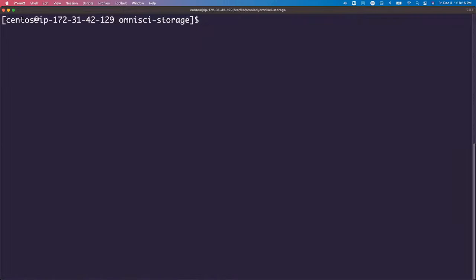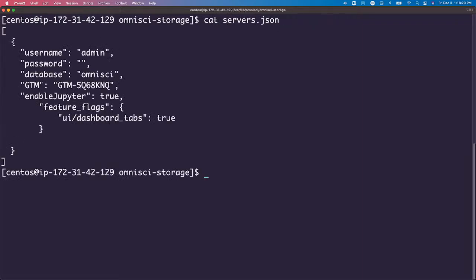So let's go ahead. That was installed properly. I'm going to cat the servers.json again, just so everybody can see it. What we're going to do now is edit this file and add other feature flags to the instance, and save the servers.json file. Then go back to our web browser, take a look at the deployment, and we'll be able to see those features. All right, so let's go ahead, sudo nano